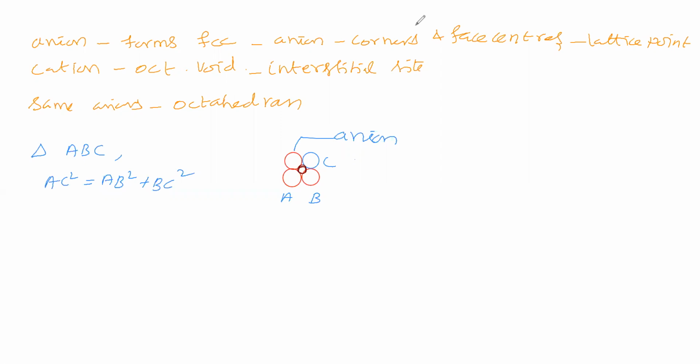Sorry. Now we will take an octahedron. Octahedron means three spheres we have to keep in one layer and three spheres in another layer. First we will keep three spheres. One sphere we placed. Next we will keep the next sphere.